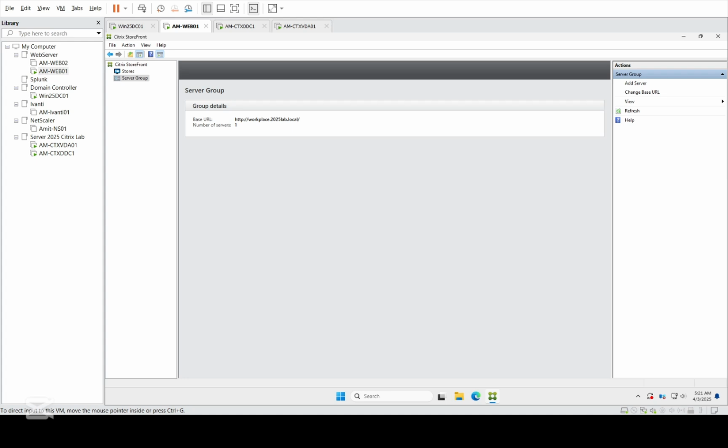While we can talk a little bit about storefront, in production, you would have two storefront servers in a server